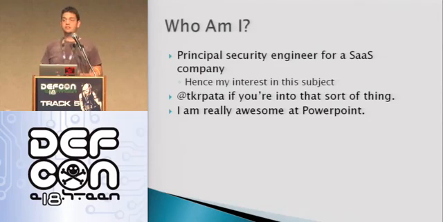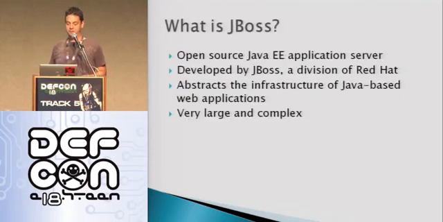The second thing is, you guys already know what JBoss is, but just really quickly, it's a Java EE application server. People like it because it's open source. It's by JBoss, which is now a division of Red Hat. And basically what any of these application servers do is abstract the infrastructure so that the developers can focus on just writing business logic. JBoss specifically is really big and complex. There's a lot of stuff in it. You could look at it for a long time and not see